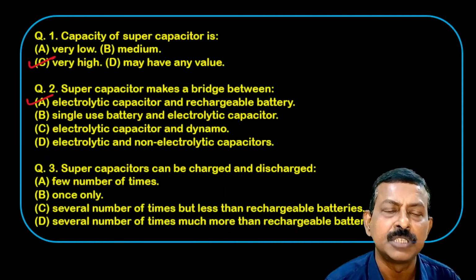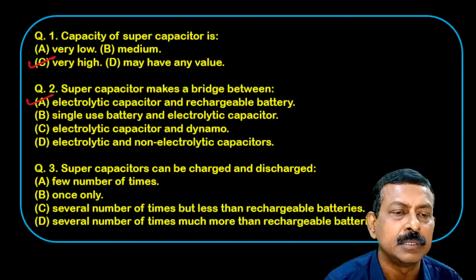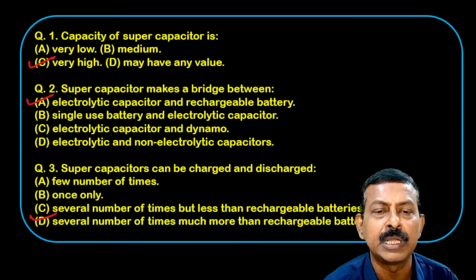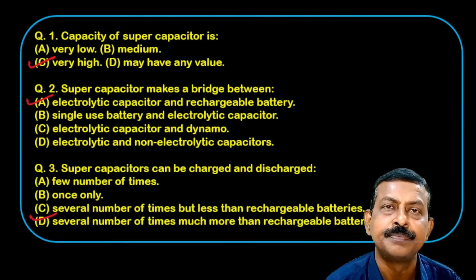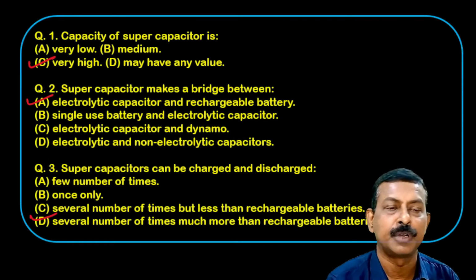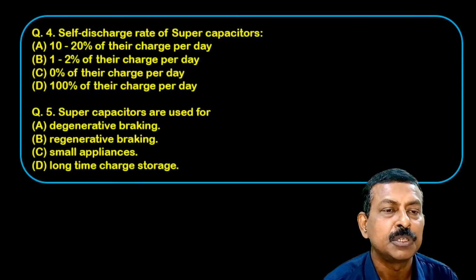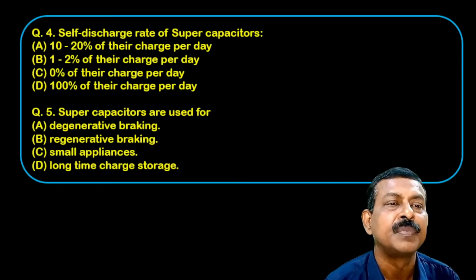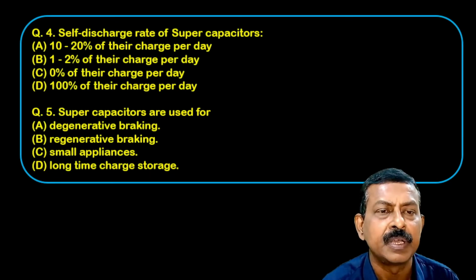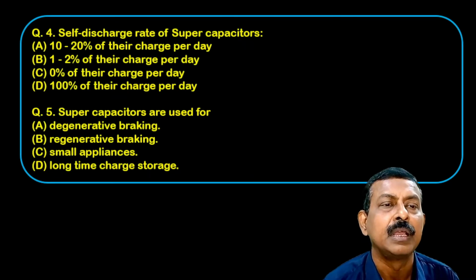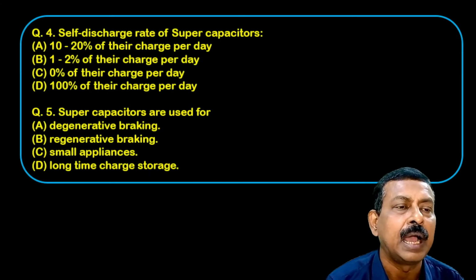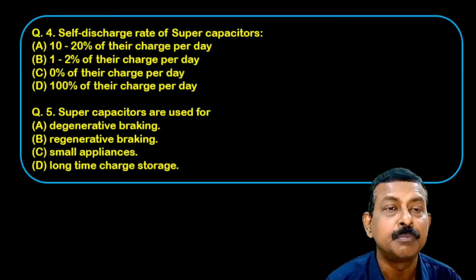If you consider this, the correct option is the fourth one: several times much more than the rechargeable battery. So this is for the third question. Let's now take the fourth one. Self-discharge rate of supercapacitor. Now the different options are given, and of course here in the text the reference to